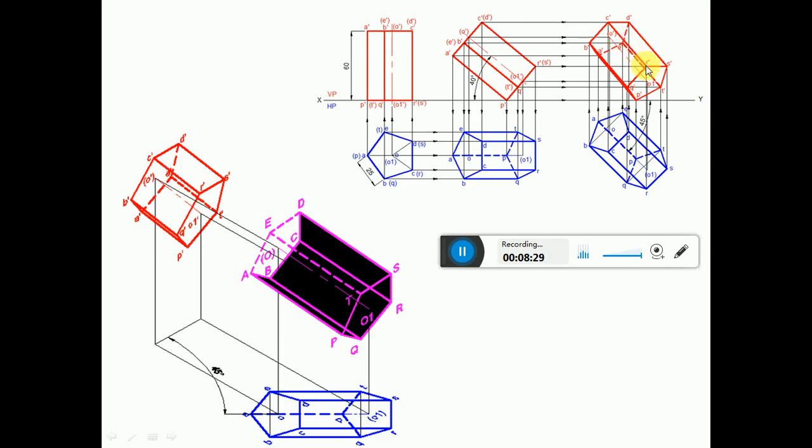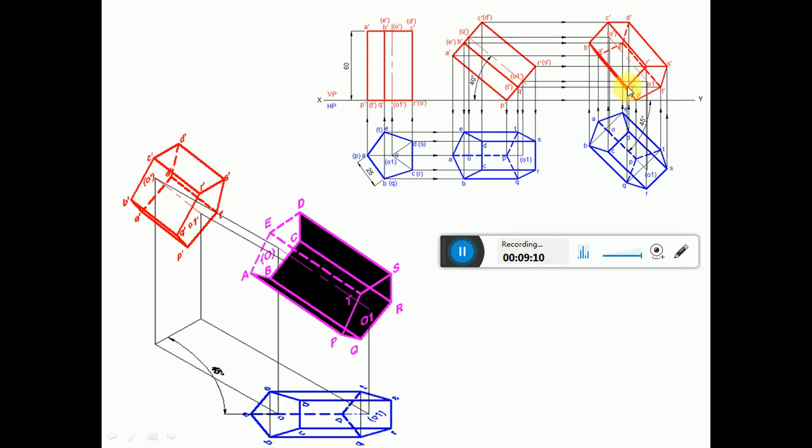Because from the point, if any one of the edges is visible, then automatically all other edges are going to become visible, provided that point is not on the boundary of the solid. Now once C dash R dash becomes visible, therefore E dash D dash will become invisible because E dash D dash is crossing the visible edge of C dash R dash, since two visible edges can never cross each other. That is the condition. Now the left out portion is only E dash T dash. Since this E dash T dash is crossing the visible edge of Q dash R dash, therefore E dash T dash will become invisible.